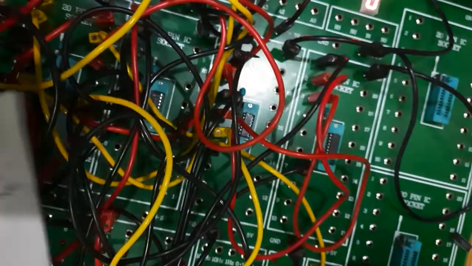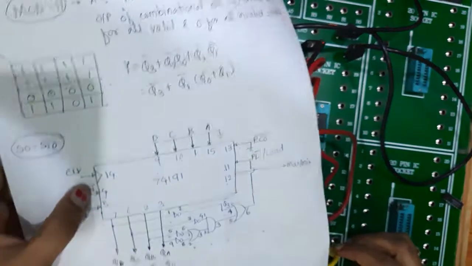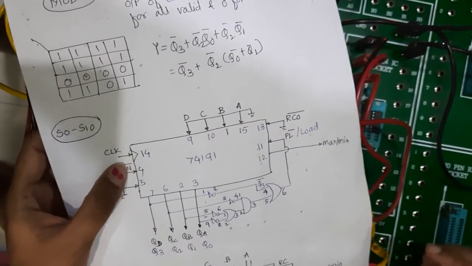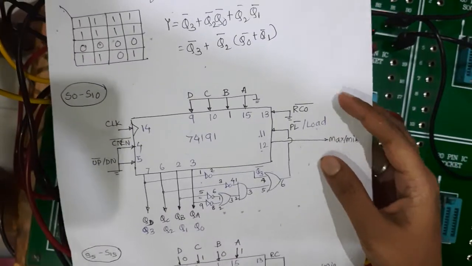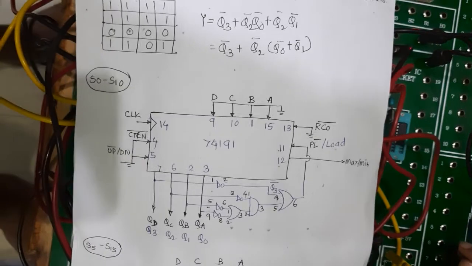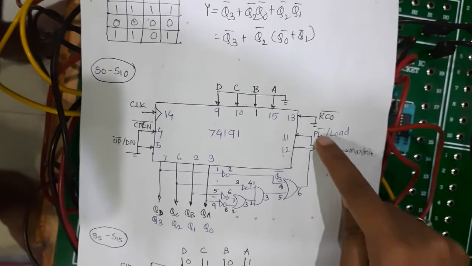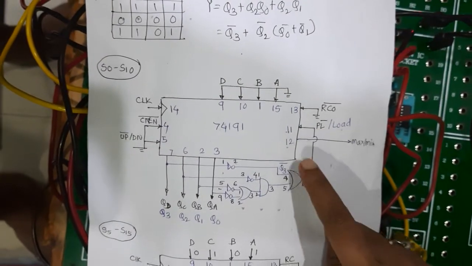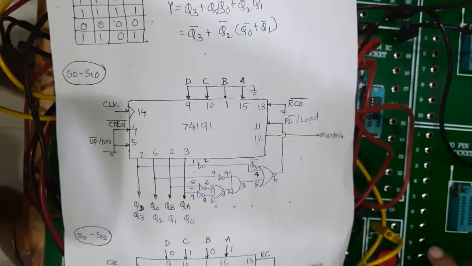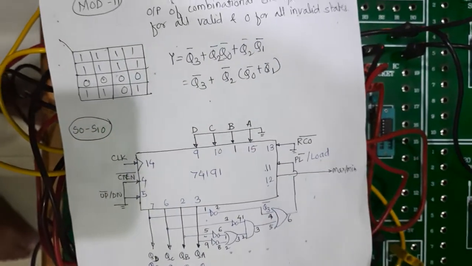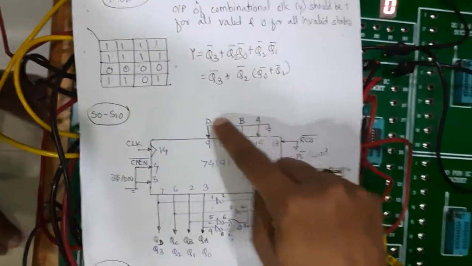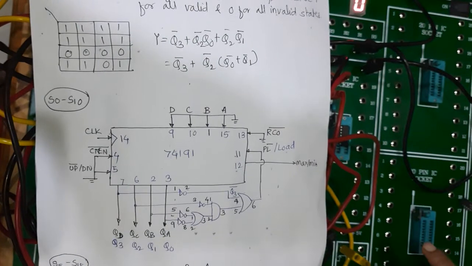So we are connecting the clock pulse to the positive edge clock pulse. Now one more important thing is, if a mod counter is to be generated using this, there is an importance of the parallel load signal and the parallel load data input values, and based on that it gets reset. So for resetting, the parallel load and these 4 ABCD input values are important.